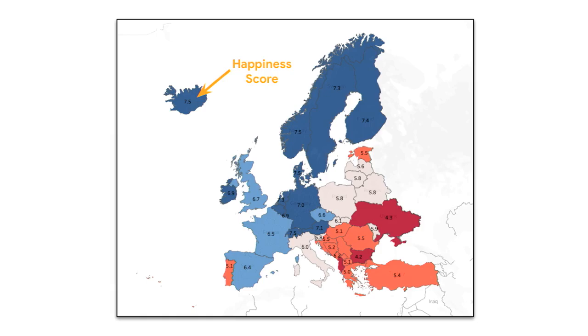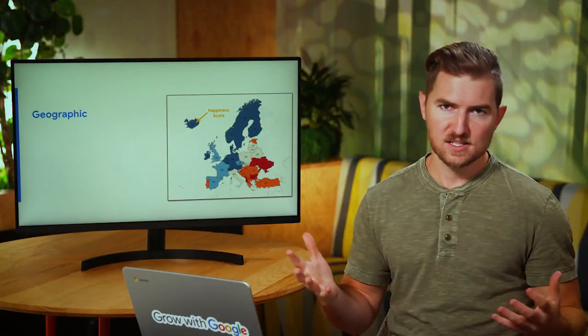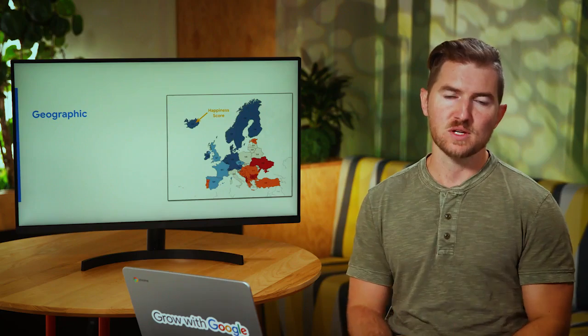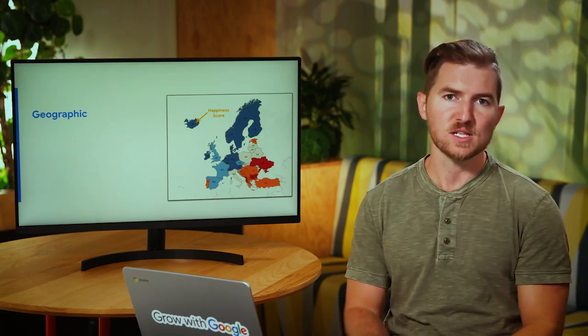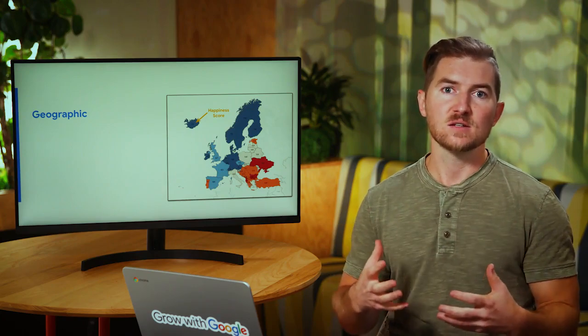So the darker blue the country is, the higher the numeric happiness score for that country. The deeper red the country is, the lower the happiness score and overall numeric value. So what we've done before any text has appeared on the screen is explain the visual, explain the overall data that they're going to be looking at throughout the presentation so that they now can understand when we dive into